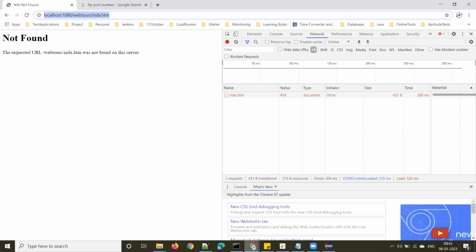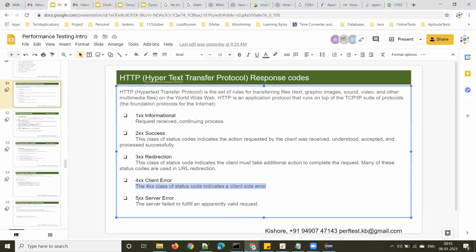Got it? Now, the last type of response code is 5xx. That is, if the server is unable to fulfill your request, you sent a valid request, but the server is not able to process your request, then you see a response code starting with number 5. So 5xx response codes are server side errors.